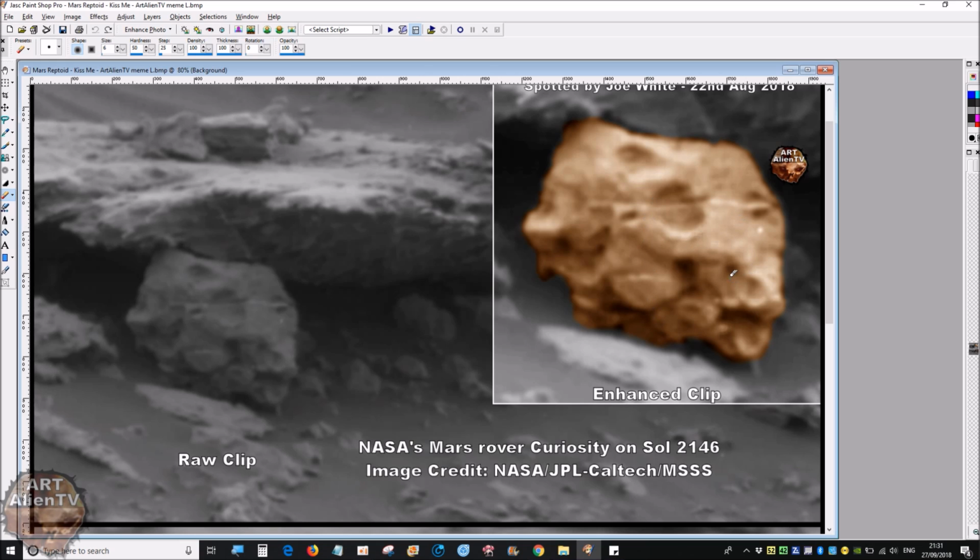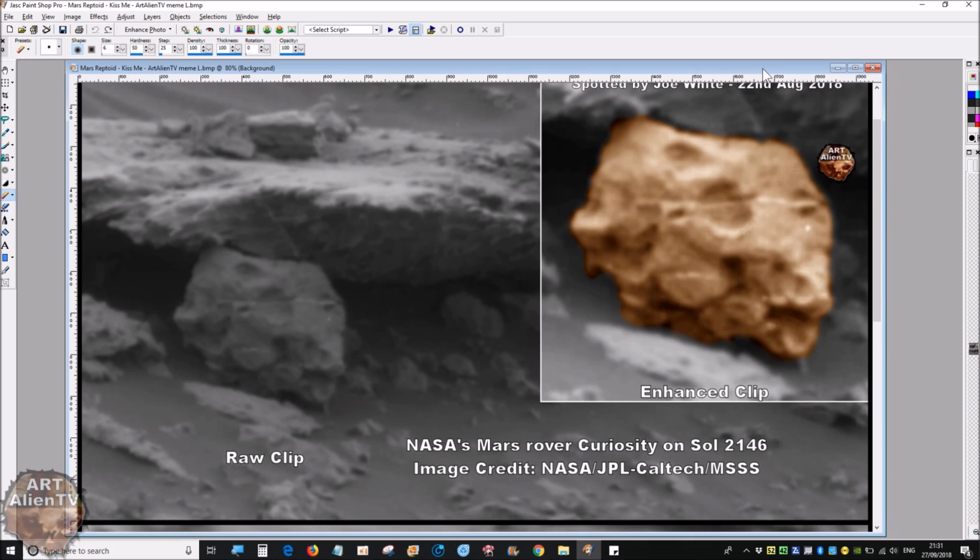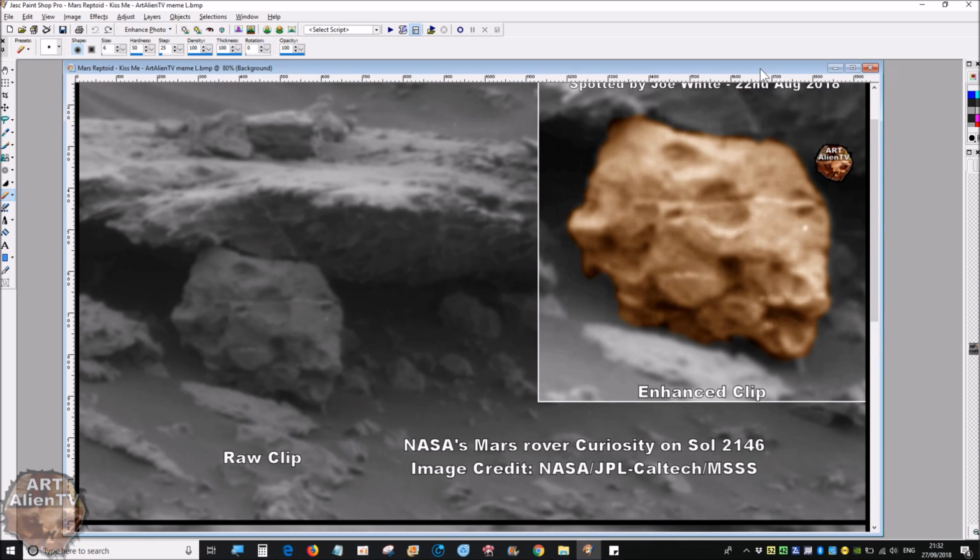But we will probably never know that because NASA won't even admit that they're there, and are still claiming to be looking for microbes and evidence of water and that kind of thing. Yeah, okay. But this was pretty cool. I mean, what else can I say? It looks like a reptoid, and